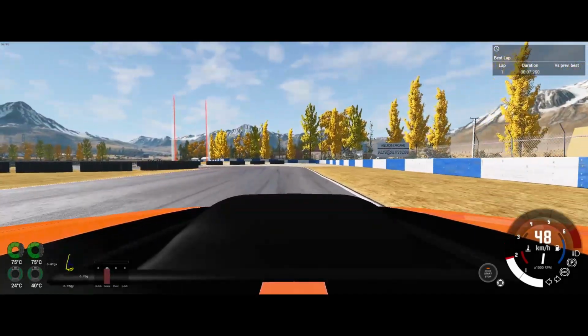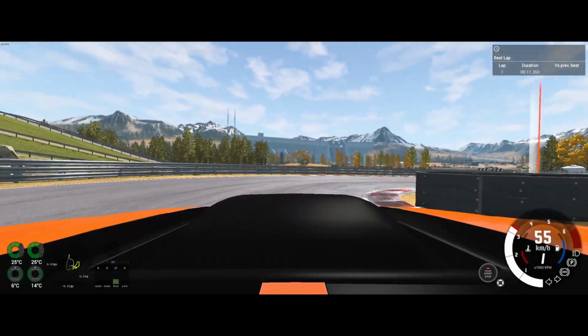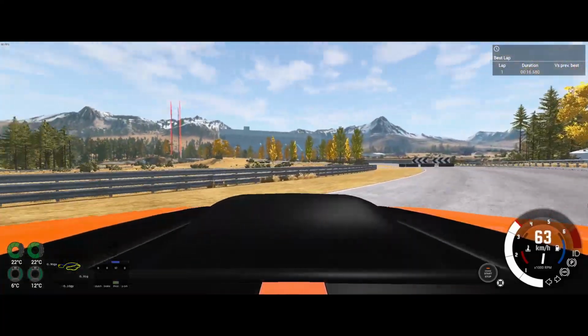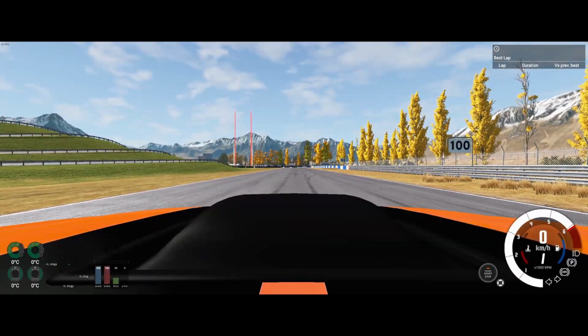And then slow down for the first chicane. Good, getting it around here. Oh, okay. Okay, we're gonna completely avoid... Well, bugger. My god, this is a nightmare of a car. This is not good at...